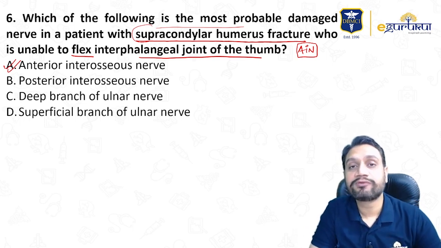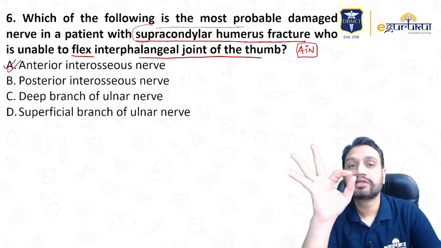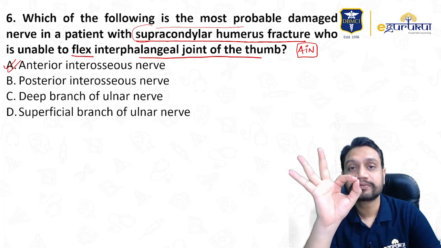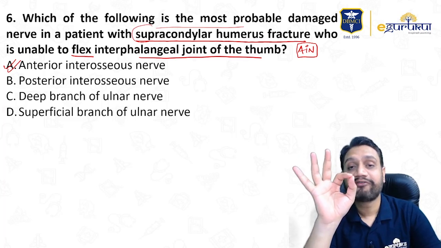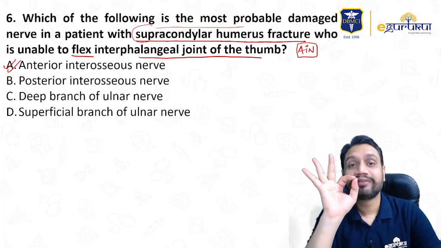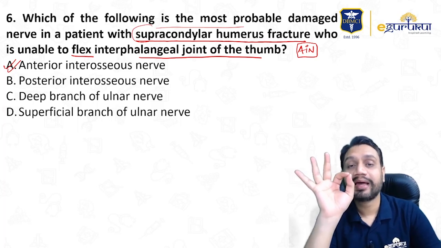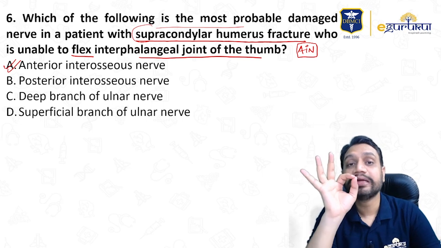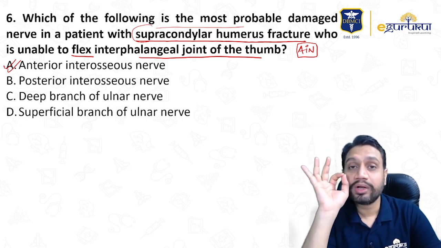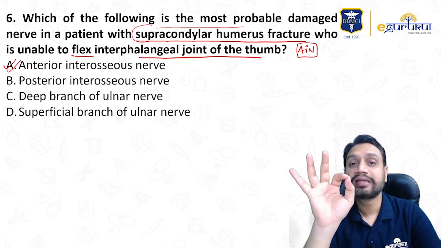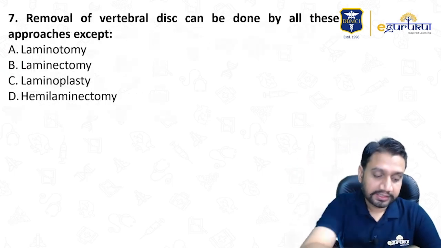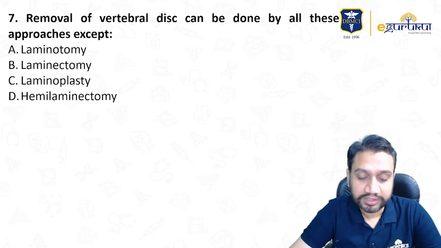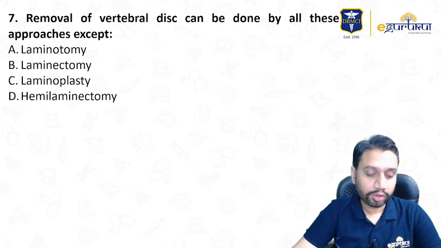They will give you a patient who has an injury around the elbow. Now he has weakness of the pinch mechanism of these two fingers, right? So the OK sign is not getting done perfectly. That means AIN is gone. And if the AIN is gone, I know that the supracondylar region is where the AIN is commonly injured. So try to link up the clinical scenario which has been given to you in your exam, right?